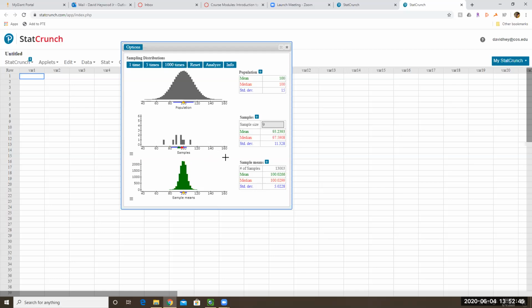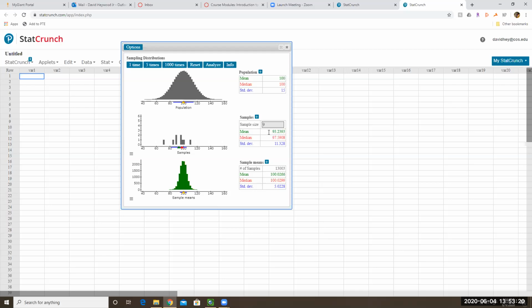Now, over here you can see the mean of these sample means. So here, this mean is just taking the sample mean of this last sample that was collected, but this is taking the average of all of the sample means in this distribution. And what you'll notice is that the mean of those sample means is equal to the population mean that we started with. I mean, not exactly, but it's pretty close to the population mean that we started with. Now, the standard deviation is about 5.